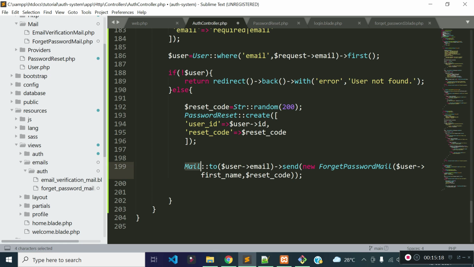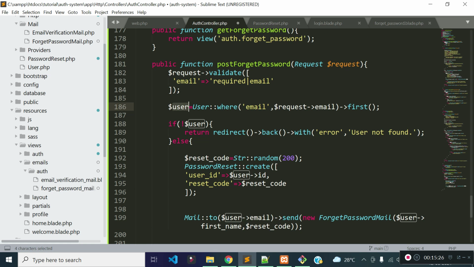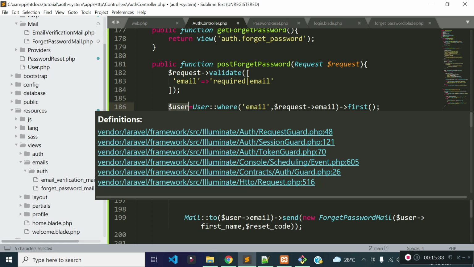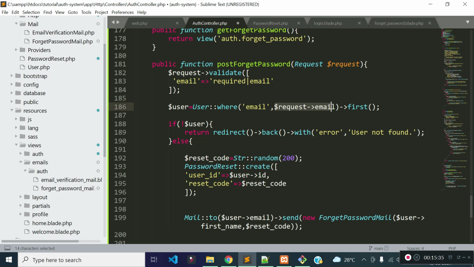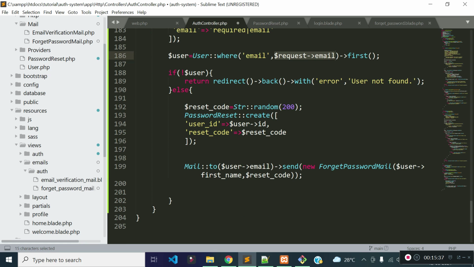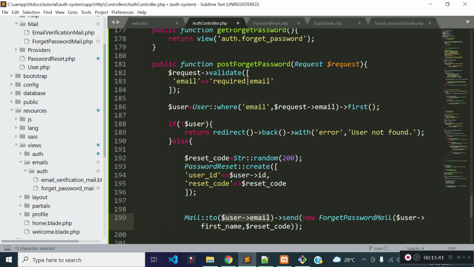We need to call the to method of this Mail helper, and inside to we need to pass the user's email address. You see, we stored user data in this $user variable with the email address the user is providing, and we are getting the user's email address from this user object, or we can simply pass request email here because those two are the same actually.